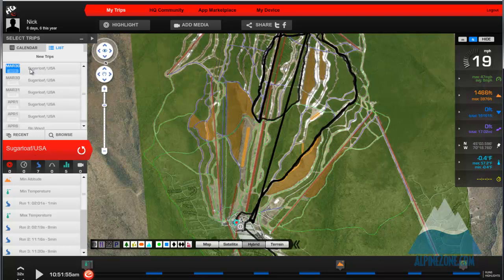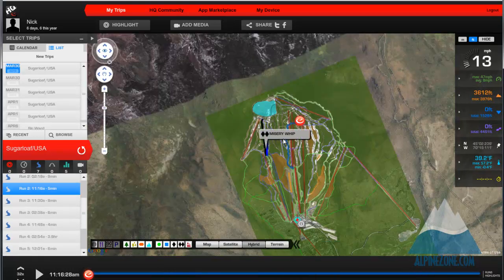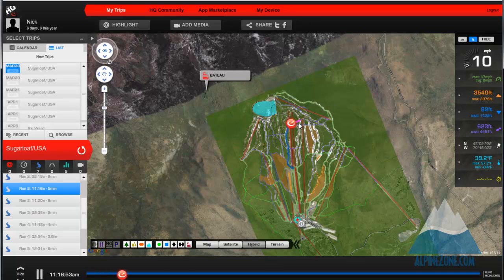So within this trip, you can also then view different information about it. So right here we kind of have highlights, chronos. I never set any chronos, so I don't have any to share. Runs. So runs is interesting because runs will show you your actual runs right here, each unique one. And it'll actually show you right here on this timeline the one run. So if I click run 2, it was a 5-minute run. Right now we're playing back at 32 speed. You hit play, and you can actually see, here we go,